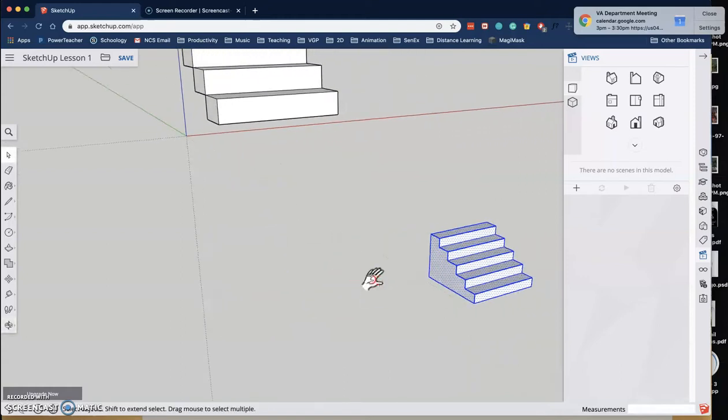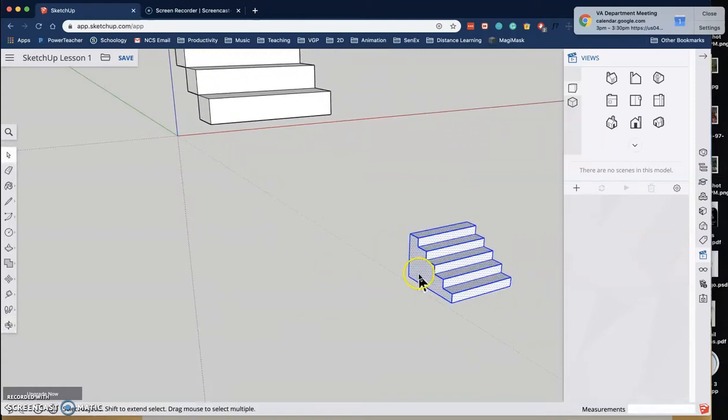So obviously, now these stairs are modeled to the correct size. It's 8 inches going up, that's called the rise, and 12 inches or a foot, that's called the tread. That's where you actually step. But let's say I wanted to make this bigger. How would I do that? So if you come on over here, let's see. Underneath the move tool is the rotate tool and is the scale tool. So if I click on the scale tool, whoops, looks like I need to select that again. So if I select this all, and then I go over here and click on the scale tool,